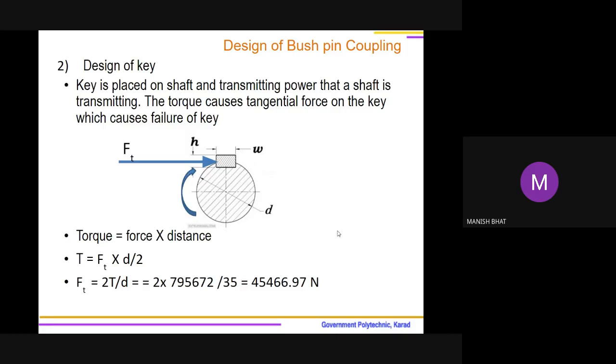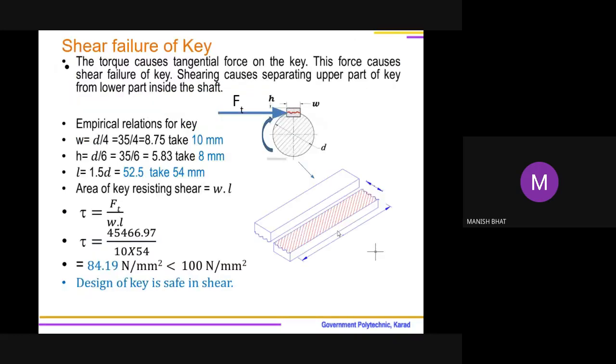This force causes two failures. One is shear failure. In a diagram, it is shown that Ft causes shear failure. The portion of a key inside a shaft will be moved, rotated, with the remaining portion inside the flange. And a failure diagram is shown, which shows that